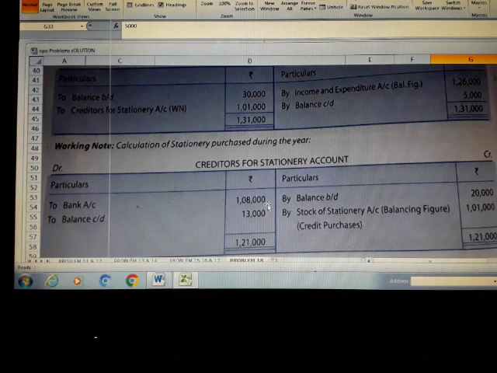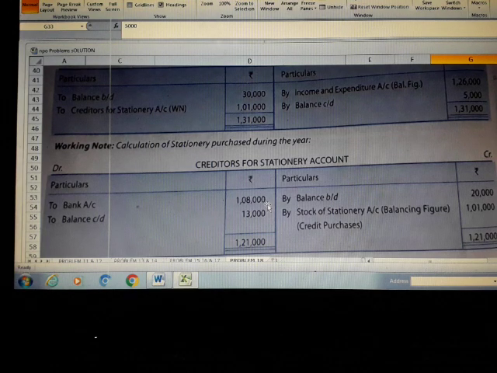Right. So we had brought the opening balance of creditors, the closing balance of creditors, and the amount paid to the creditors for the year. All this has got over. Now if you just look at it, your balance will be on which side? Credit side. It won't get tally, right? Because you have got two items on the debit side, whereas one item on the credit side, and the value is huge when compared to the credit side value.